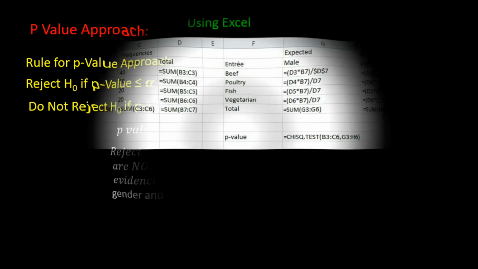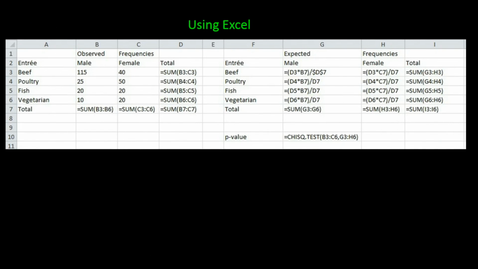All of these calculations are made easier for us using Excel. On a spreadsheet, we would first need to import the data or type in the categories and their observed frequency counts. We see that in column A, we have the categories typed in, and in column B, we have the observed frequency counts. Next, we need to calculate the expected frequencies, and we see the formula in column G,